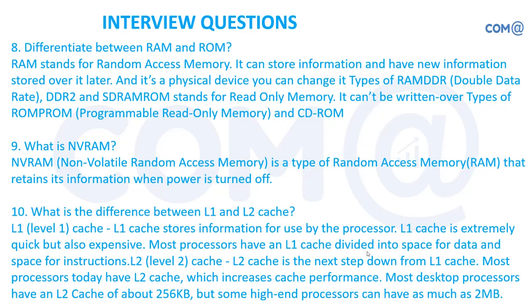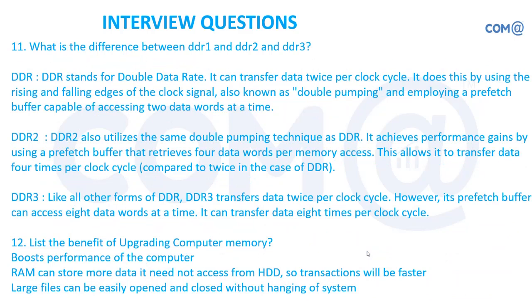Cache memory is a temporary space where the processor keeps the data for ready reference. Earlier we had an L1 cache inside the processor and an L2 cache outside the processor. Later, they kept both L1 and L2 cache inside the processor, and the L3 cache outside the processor, on the motherboard. Size also differs. Difference between DDR1 to DDR3: it differs based on the speed and the amount of voltage consumption, and size also. There will be a different cut in the memory module.